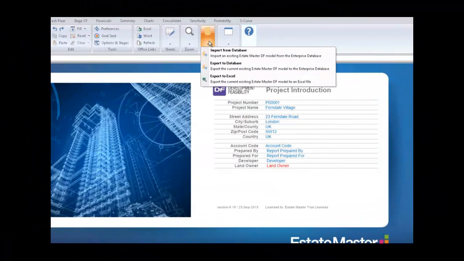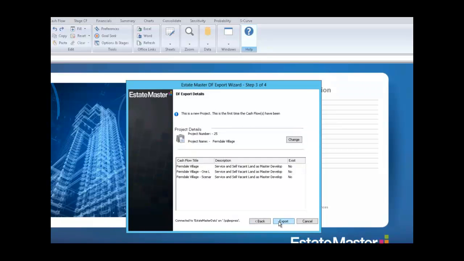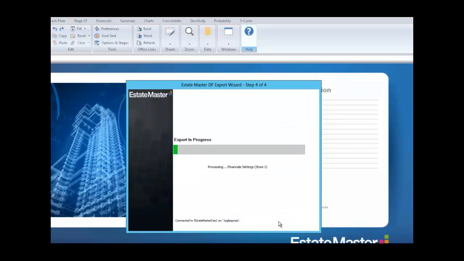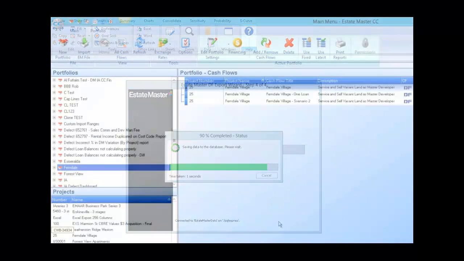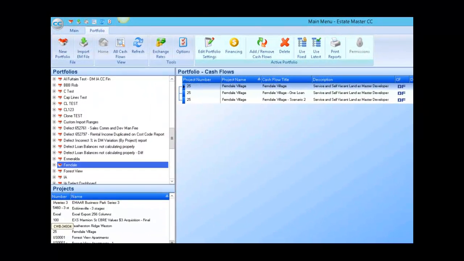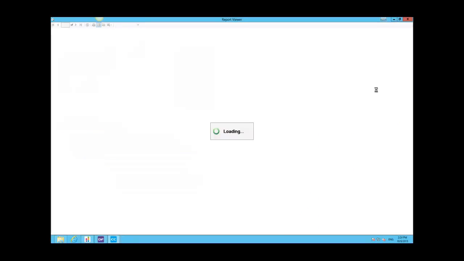All EstateMaster products have the ability to export and import data to and from the EstateMaster Enterprise Database. It is a central data repository powered by Microsoft SQL Server. It allows a user to store all cash flow data created in EstateMaster DF, DM, IA, and HF. When used in conjunction with EstateMaster CC, it allows users to generate consolidated and comparison reports for selected cash flows,